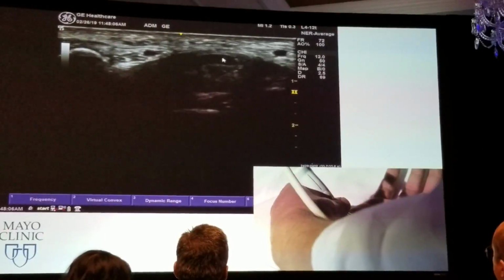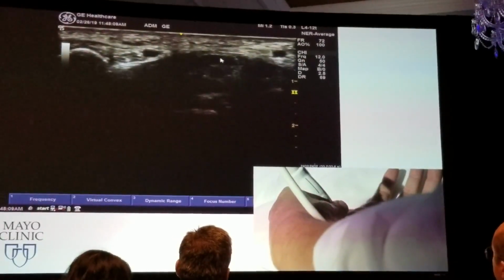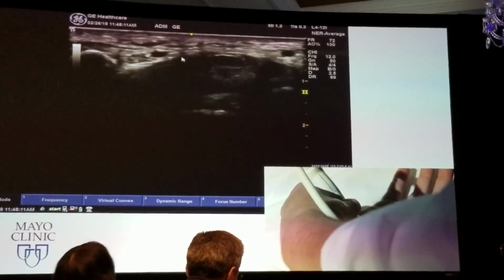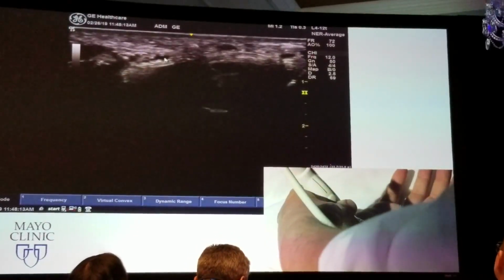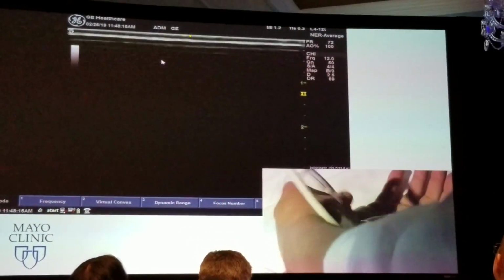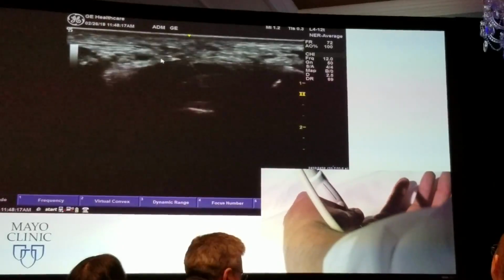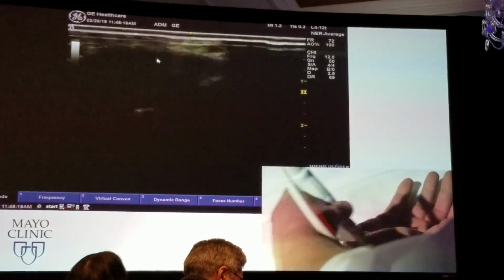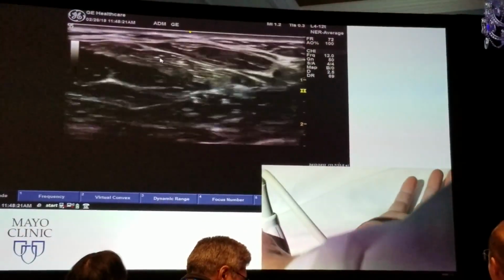So in doing that, you can easily identify nerve, tendon, bone, artery, and the one structure I haven't shown you is muscle. There usually is no muscle within the carpal tunnel, so we're going to go up into the forearm. So now